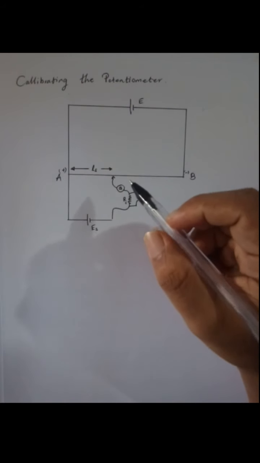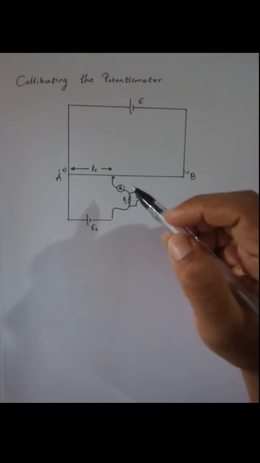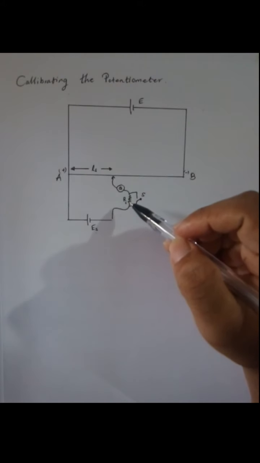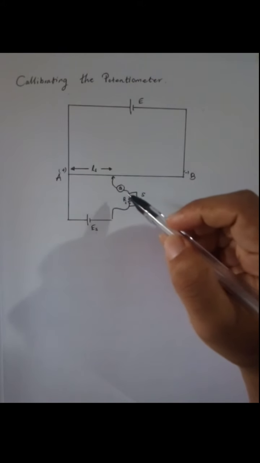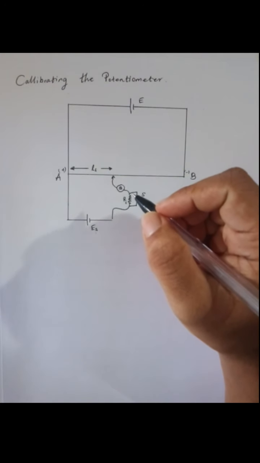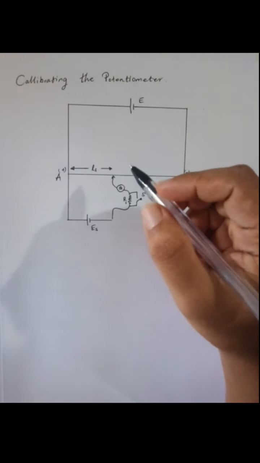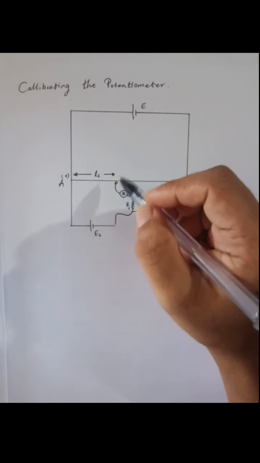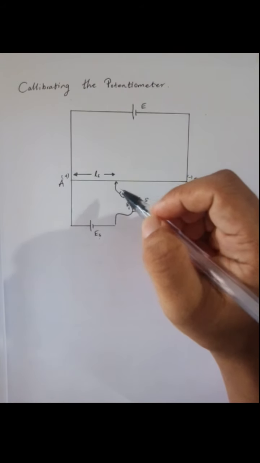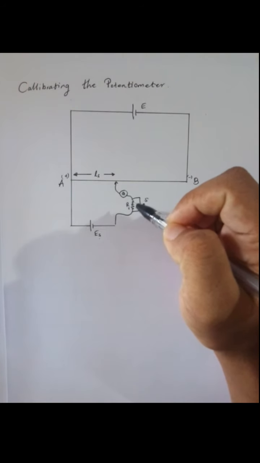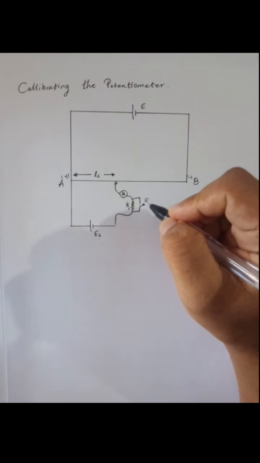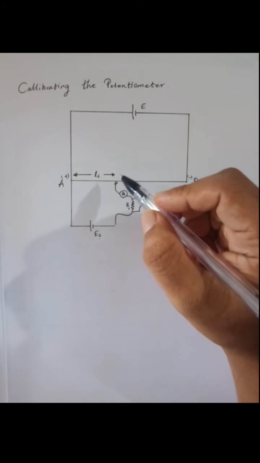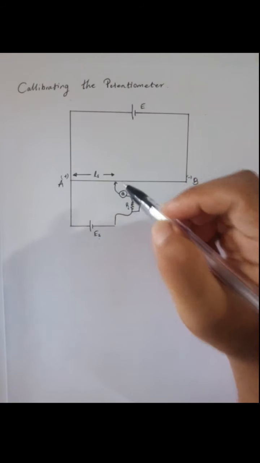Therefore, we have to find the balance length roughly while keeping the switch open. So the current passes through this large resistor, therefore a small current through the galvanometer. So we can prevent the galvanometer from being destroyed. And now, since the potentiometer is closer to the balance length, the current through the galvanometer is very small. So we can close this switch without any fear. Okay, and then after that, now we can take the exact balance length.